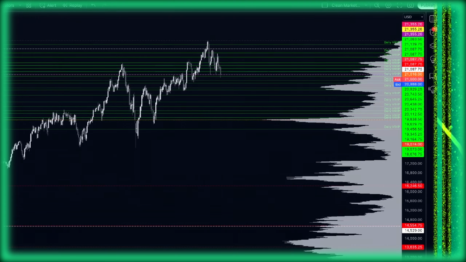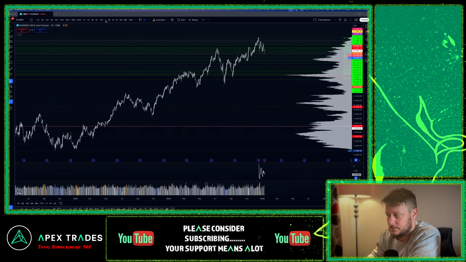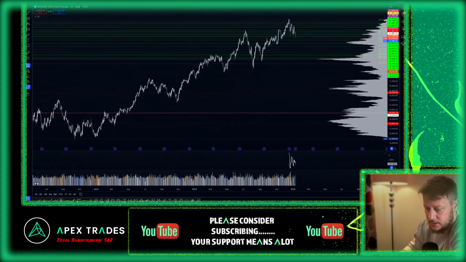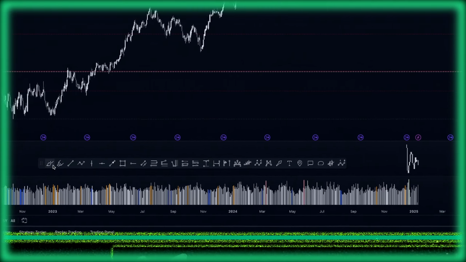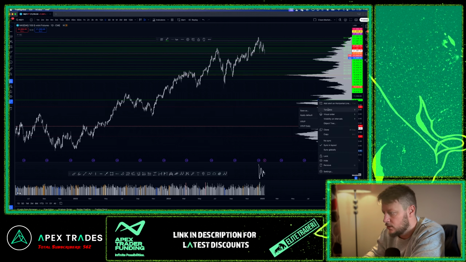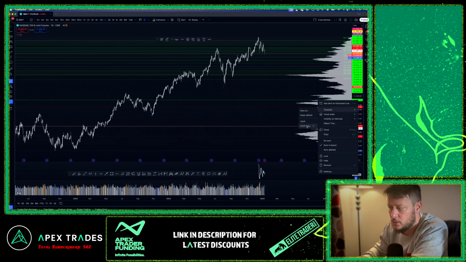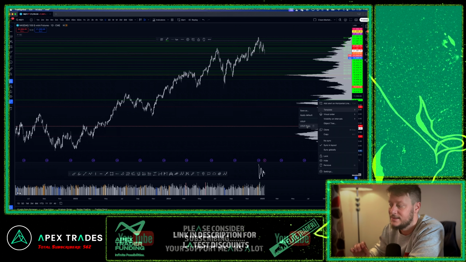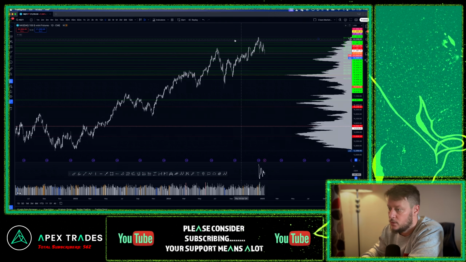So right now we're looking at NQ and we're on the daily profile. Now I'll simply add, if I go into my toolbar here, you can see my toolbar, I'll add a horizontal line and I'll just click a horizontal line. Now I have that set up as a template. I've got lots of videos on templates, but you'll see one called VRVP daily, visible range volume profile daily. So what this is showing us is the extent of